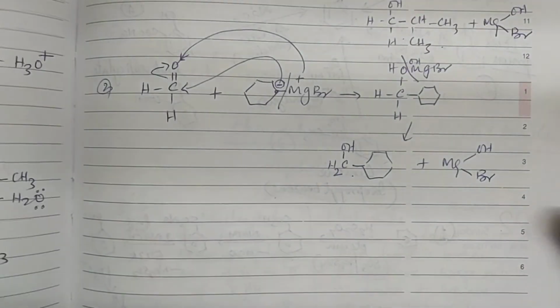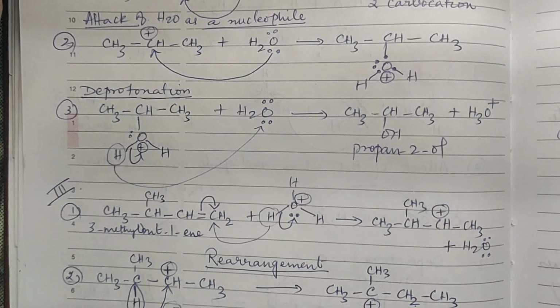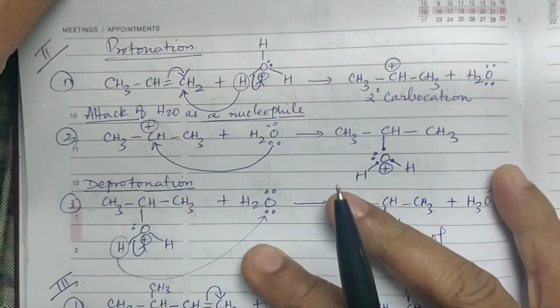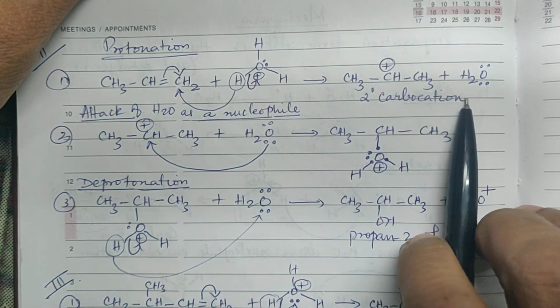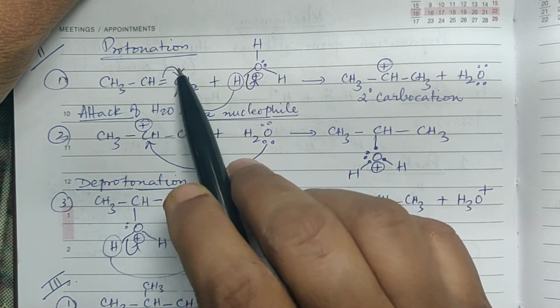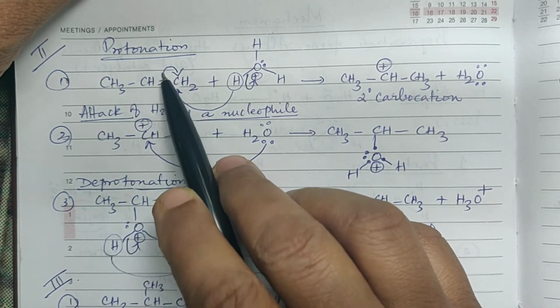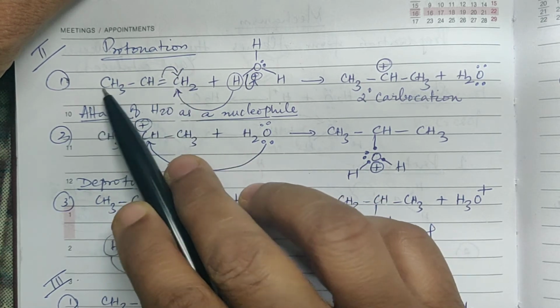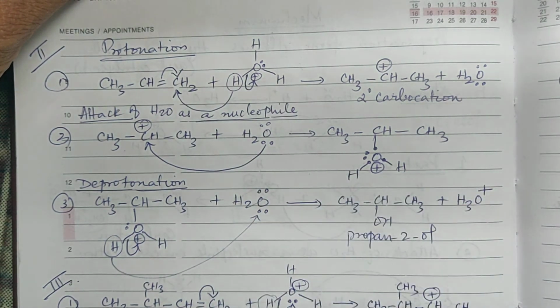Now in the case of propene also it is the same way, just like ethene. Only thing is, what you have to remember, the bond pair shifts towards this carbon because this is an electron releasing group. So the shift of electron pair will go away from the electron releasing group, that is why you are showing like this, and the rest is the same.